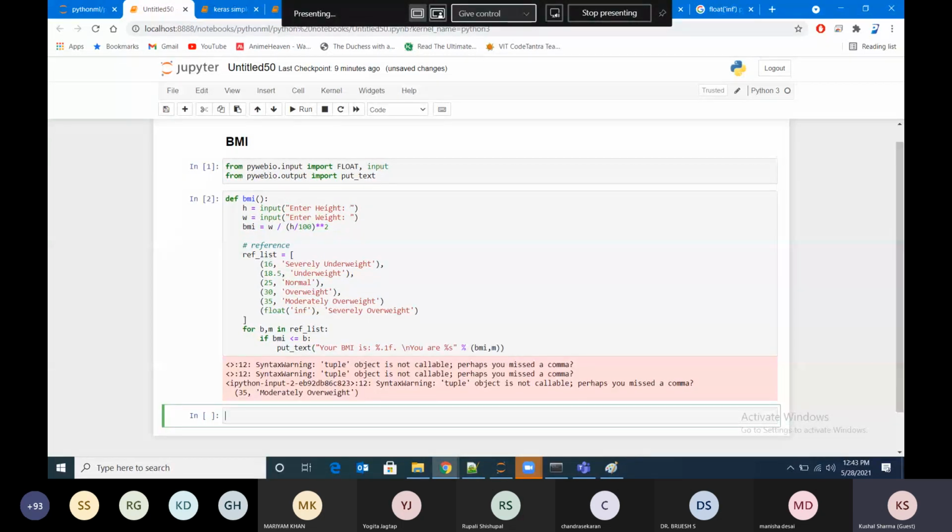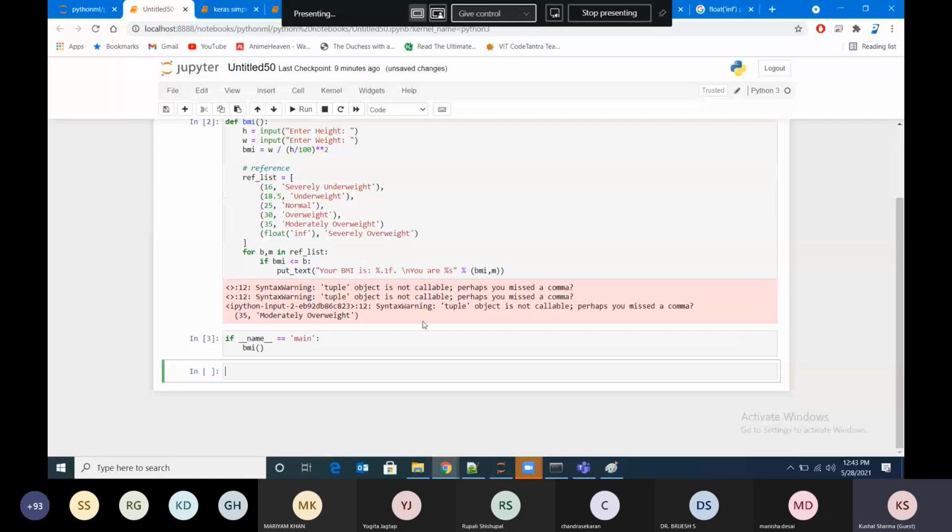So I'm executing this, and now I'm just calling that function. If __name__ is equal to __main__, then execute bmi. I'm executing this function, and now you can see that